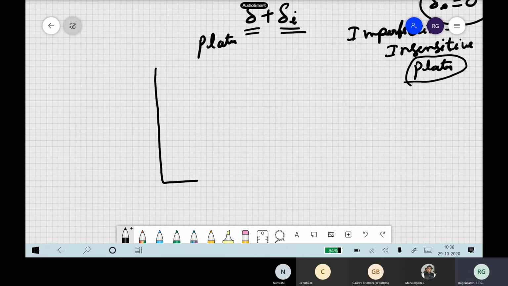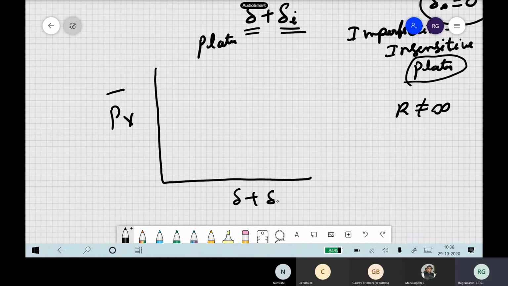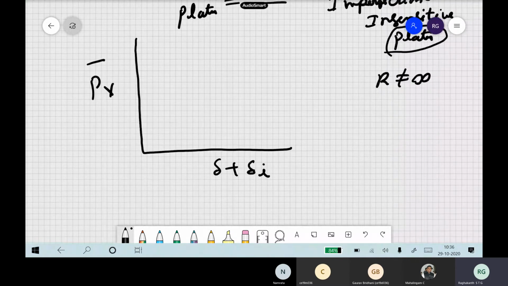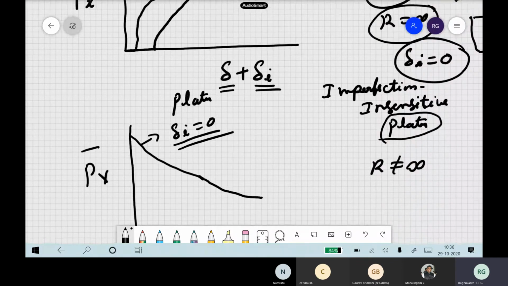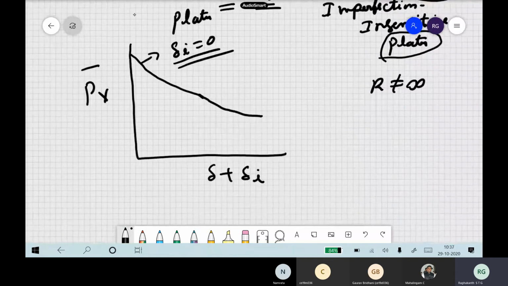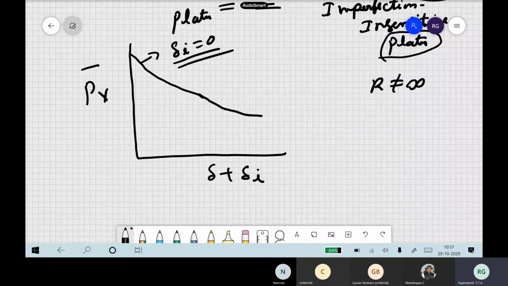Now r is not infinity; r has some value, so k is not 0. If you try to plot this graph of delta plus delta_i, the graph looks something like this. It goes like this. This is for imperfection equal to 0. For a shell, once it has buckled, that's it. The graph for the plate was going like this, increasing. Now for the shell, it just gives up.